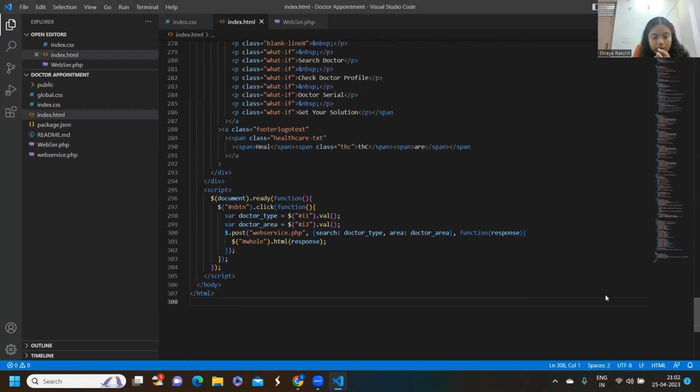So this is our jQuery part. To use jQuery, we need to first add the jQuery CDN to the head part. Afterwards, we will write it inside the script tag. Whenever the document is ready, this function will start to work. When we click on the S button, which is the ID used to identify the search button,